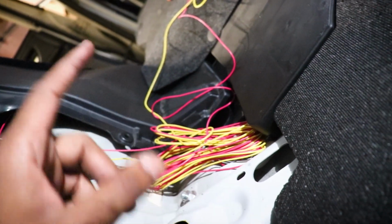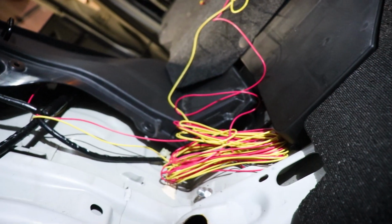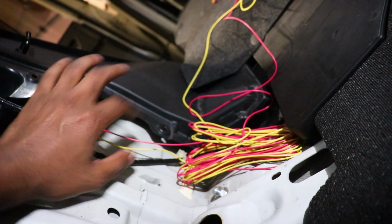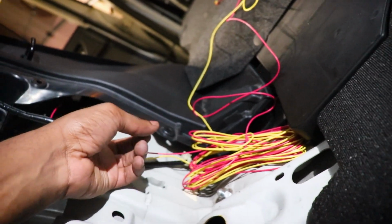Next, I think, is the trickiest part of the install, which is routing these two little guys through here. And it has to go through this and go inside. I guess you could leave it exposed or whatever, but again, I want to make this as clean as possible, so I just gotta be patient enough. Put that through there,